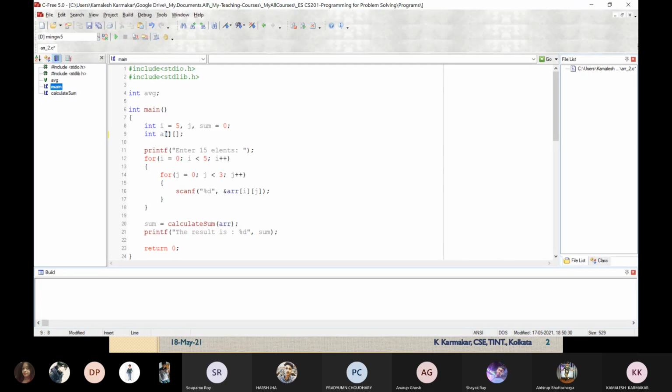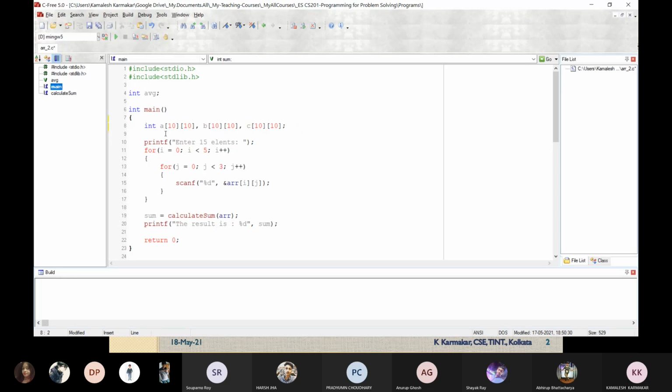I am declaring size as 10. Here it's 10 again. I have to declare another array, so it's b, and the size initially we are declaring as 10 by 10. And the resultant matrix C, which is again 10 by 10. Just I will remove the things from here. We have just declared 3 matrices. So matrices are being represented by arrays: array A, array B, and another array C.